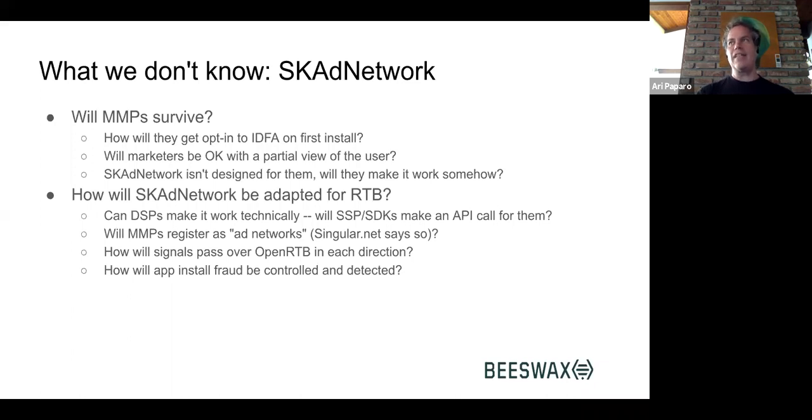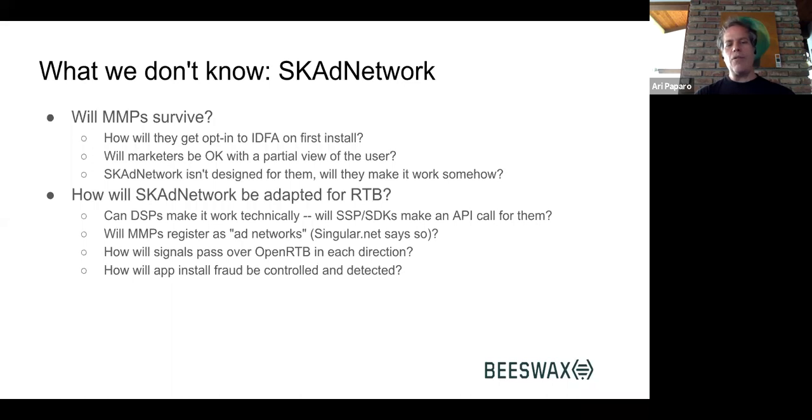So let's say, as a simple example, the marketer sends a creative ad to an ad network, like, I don't know, AppLovin. AppLovin has an SDK, shows the ad. Which of those two parties controls who gets notified by Apple? Is it the MMP chosen by that advertiser, or is it AppLovin in that example? And AppLovin's going to want to be notified because they have to optimize. So it's very unclear.